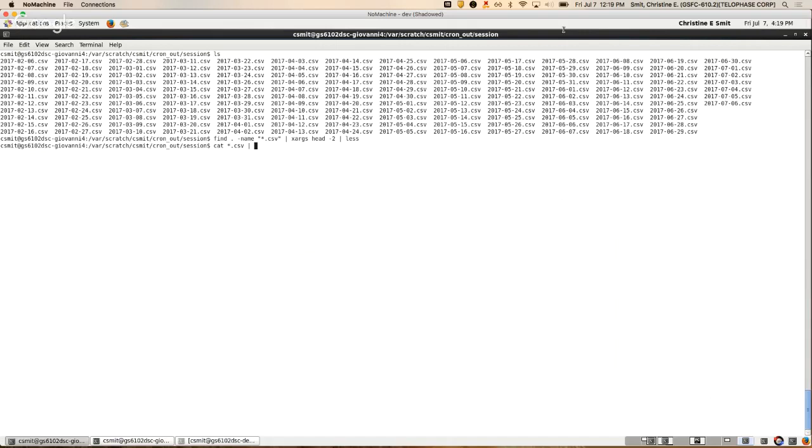Also, I just like to do it this way, even if it's less efficient than other ways. So cat *.csv prints out all the lines in all the CSV files. And then I'm going to grep.